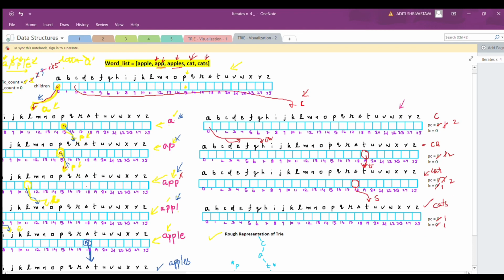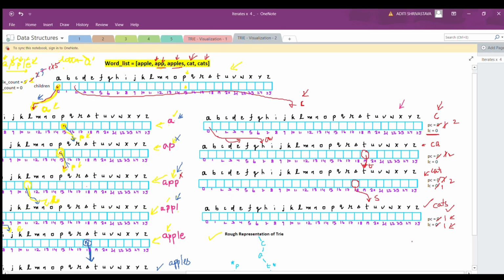So what can be observed is C can be found as a prefix in 2 words in the trie, that is represented by prefix count being 2, but it is not a word since the leaf count is 0. Similarly for CA, the prefix count is 2 and leaf count is 0, representing CA is a prefix of 2 words, but it is not a word. Then for cats, it has come as a prefix in one of the words, and similarly it is a word since the leaf count is 1.